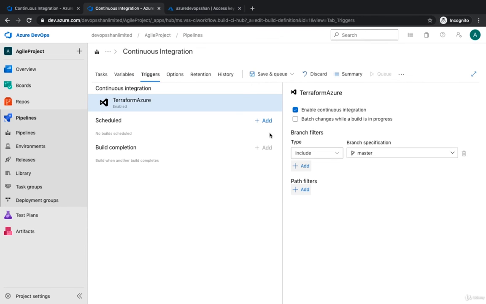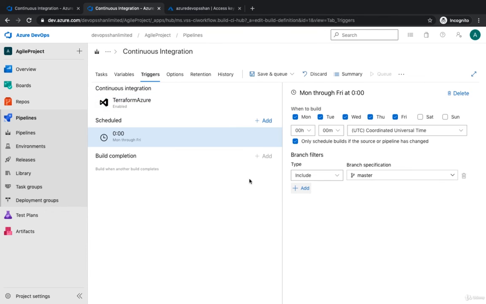Then you've got the schedule as well. Schedules are nothing but, if you want the builds to be triggered again and again every day, at some point of time, say every Monday a new build should be deployed, you could just automatically set that up. What I'm going to do is just hit save, and